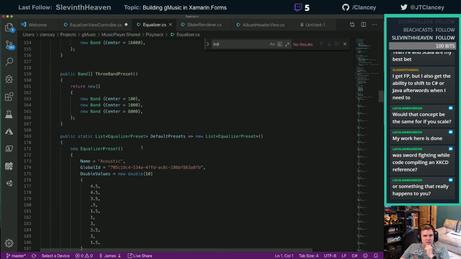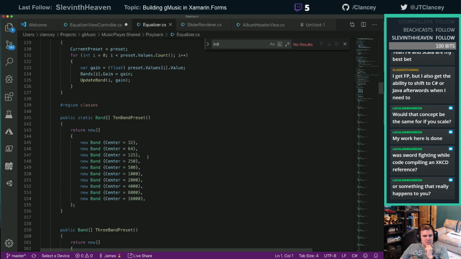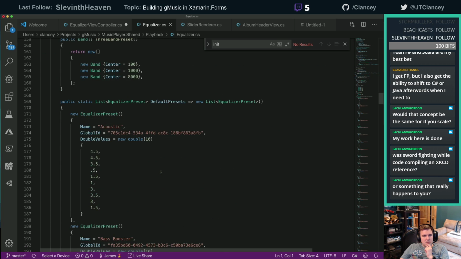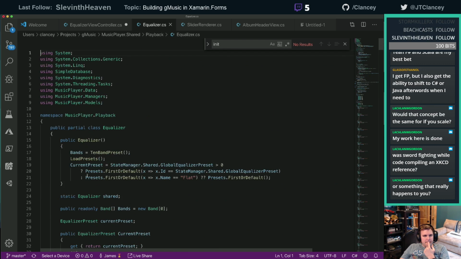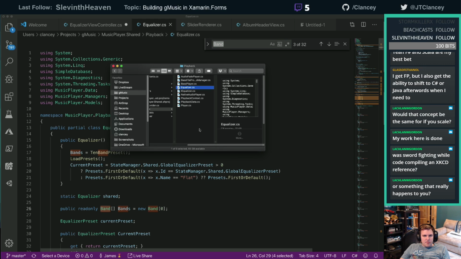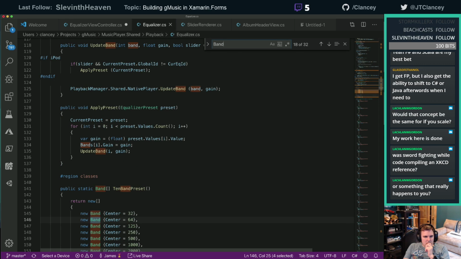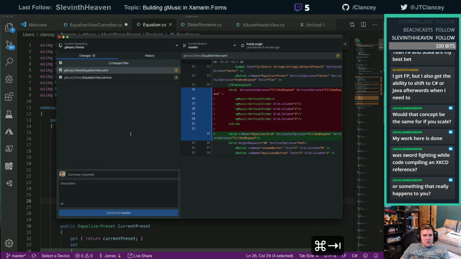But we have the 10 band. Yeah, see, 3 band or 10 band. You can switch between them. And then here's the static list of all of the values. Do I have band yet? Probably don't. All right, well, let's start by doing